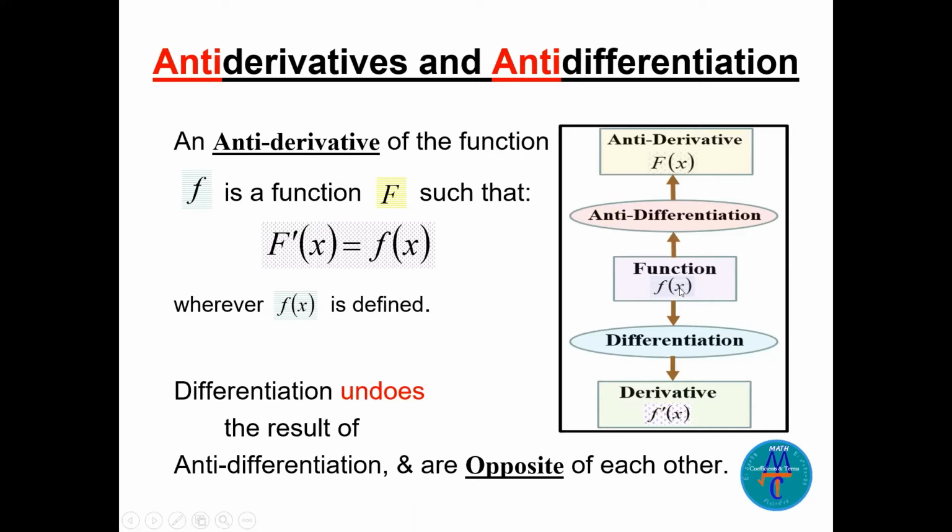Also, from the same function, we go to anti-differentiation or antiderivative capital F. So an antiderivative, the definition of the function small f, is a function capital F, such that the derivative of the capital F is equal to the function f itself, wherever f is defined. So differentiation undoes the result of anti-differentiation. So they are opposite